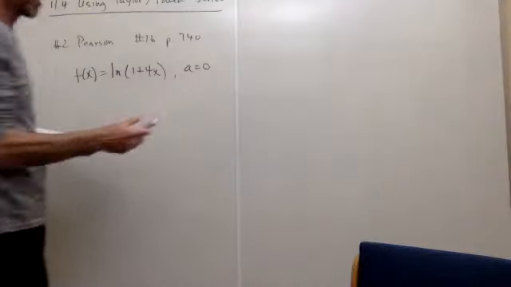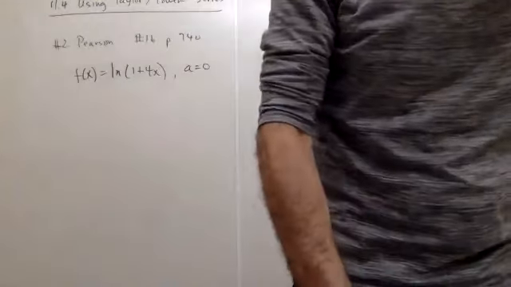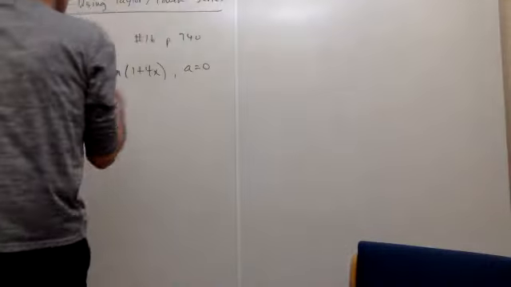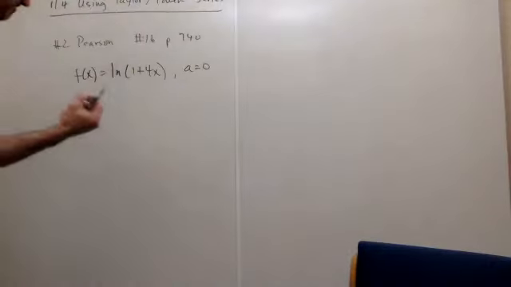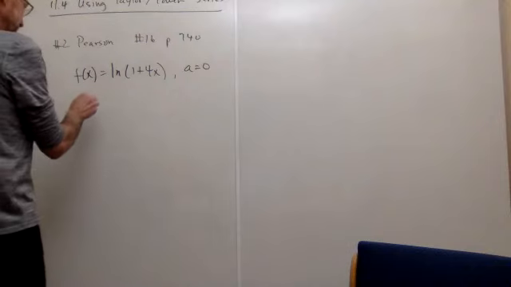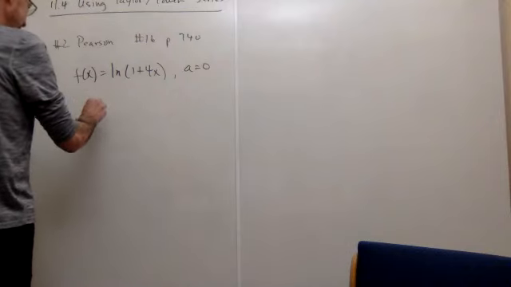Okay. And we want to center it at 0. So we're talking about the Maclaurin series. The Maclaurin series is a Taylor series where the center is 0. So what we have to do is figure out the coefficients. And the coefficients, a sub k,